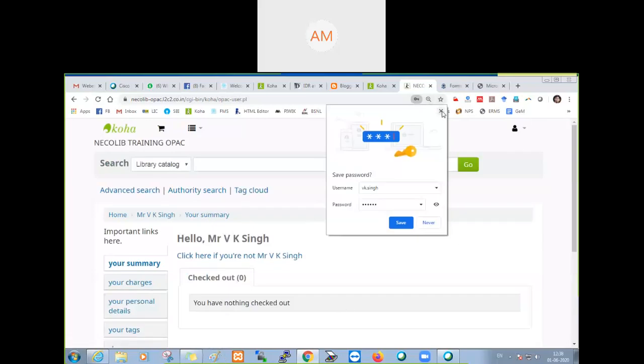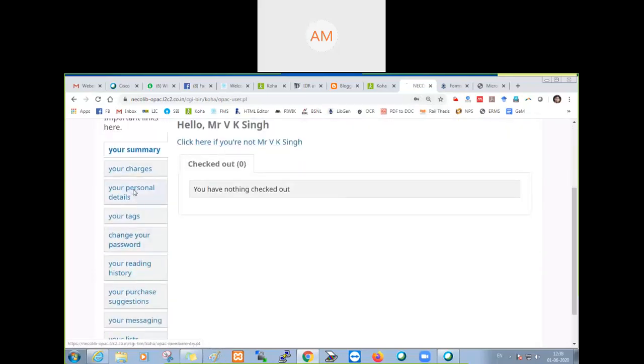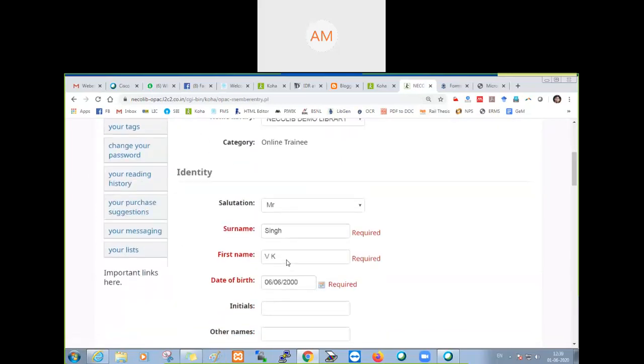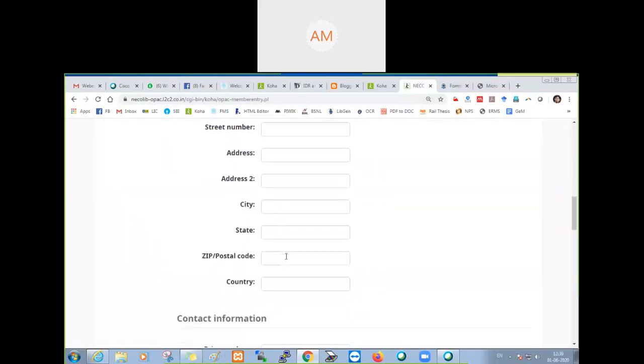Yeah. My personal details. Here I want to change my phone number.